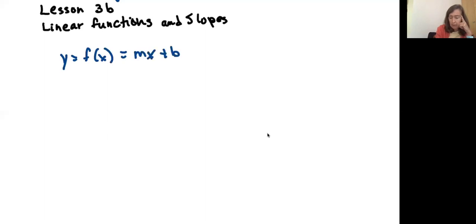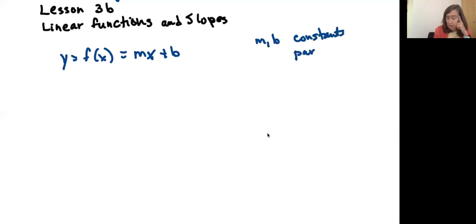Linear functions are the simplest functions, and they look like this. If y is a function of x, what kind of function is it? It's a function that looks like this: mx plus b. So m and b here, we might call them constants